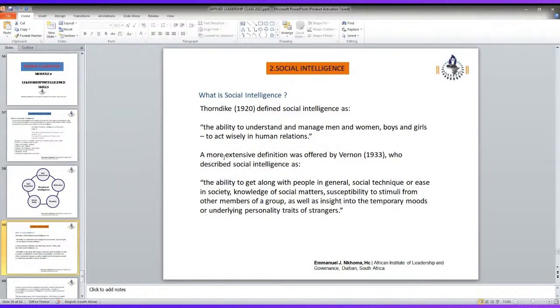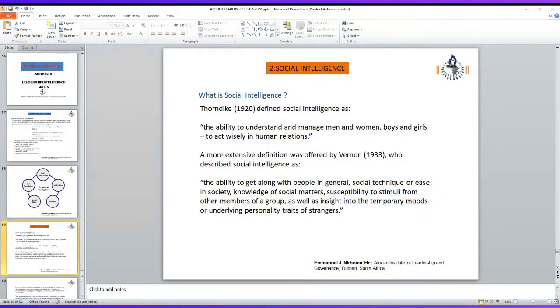The word social intelligence was once used by a philosopher and psychologist by the name of Thorndike. Thorndike, in 1920, defined social intelligence as the ability to understand and manage men and women, boys and girls, to act wisely in human relations. Now, let me use this aspect of social intelligence by stating that what Thorndike was saying here was that